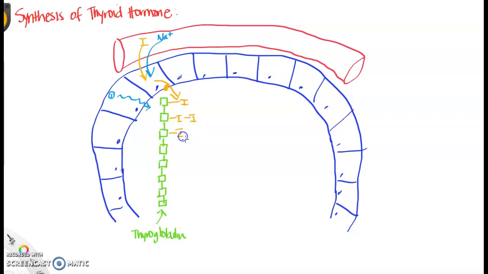So one iodine, two iodines, one iodine, two iodines, one iodine, two iodines, just like that. And after it's linked to these iodines, the thyroglobulin with its iodine on it folds in on itself. So it sort of becomes this like tangle